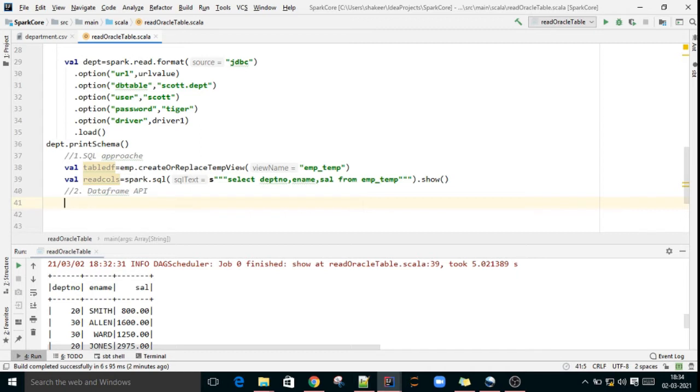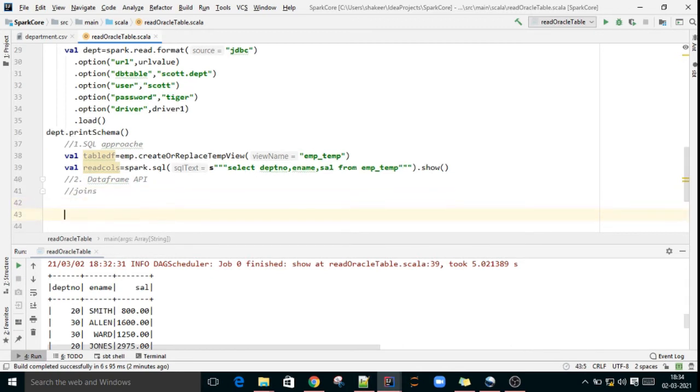How to use the DataFrame API? First we'll see joins, how to do joins using the DataFrame API. So I have an employee table and a department table.